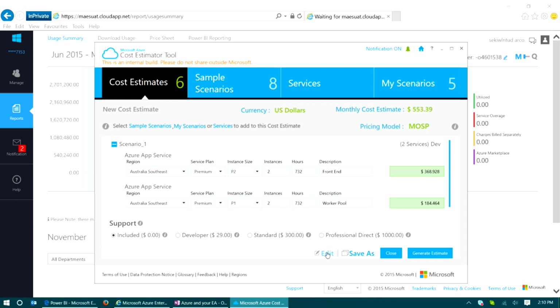I can't answer for sure, but given that we've got a price list API and a billing API, as someone in the field working with customers regularly, I would love to have a public-facing version of this tool that takes that data out of your Azure enrolment, reflects the pricing that you pay, and generates an estimate for you. So I've saved